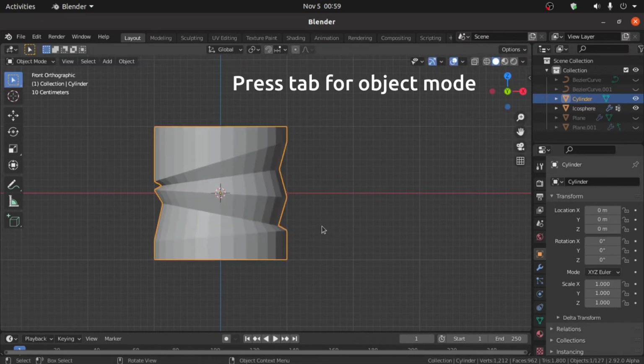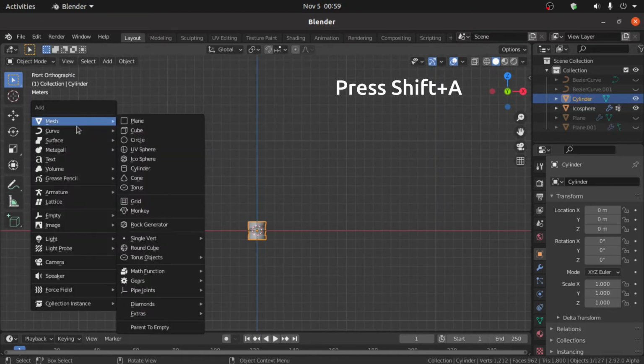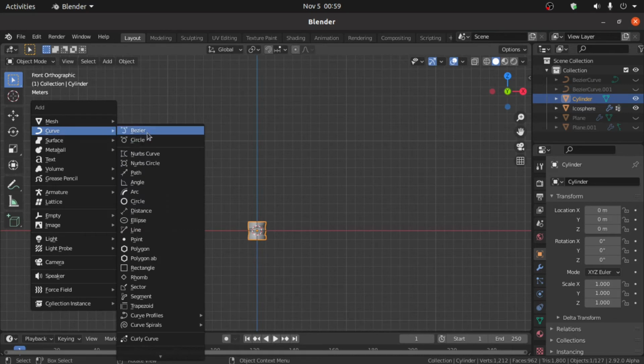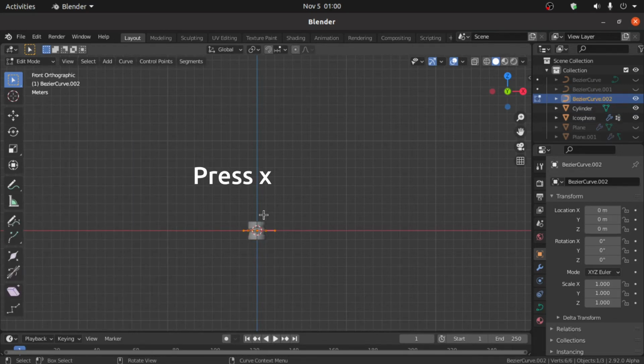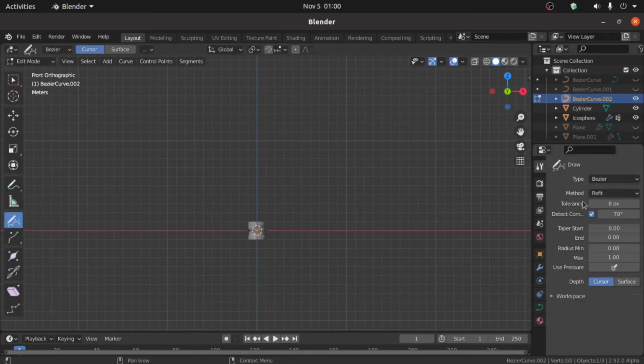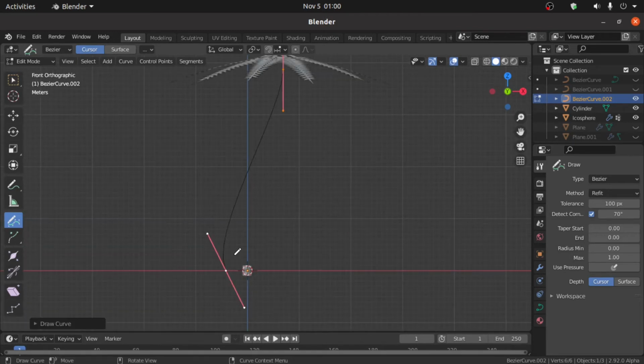Now press tab for object mode. Now what we have to do, press shift A, under this curve select here Bezier curve. Now press tab for edit mode, then press X and delete here vertex. Now click on this draw tool, then click on these tools and increase this tolerance value till 100, so curve will be smooth. Now just we have to draw